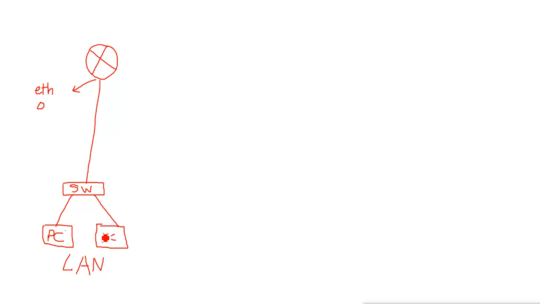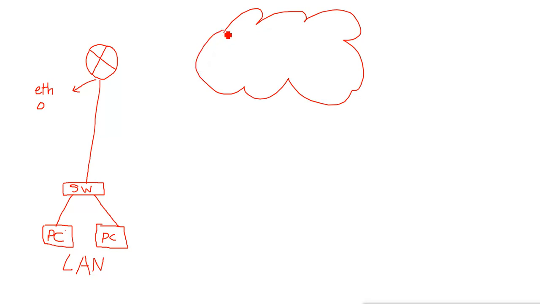Now we want to go to the WAN connection. Now this is our WAN, a WAN network provided by the ISP. What happens when you want to access the WAN network? You will go to the ISP and ask for a WAN leased line. Then they will give you the line.